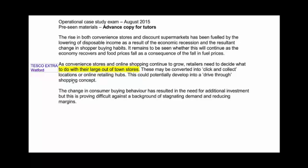Here they've got the idea of converting into click and collect locations. Well, certainly, but if you stop and read that again, I'm not sure that that's the examiner's intention, because the idea of the click and collect is that people would have to drive, but wouldn't want to drive very far. One of the things that the out-of-town stores were losing out on was the fact that people were having to drive there. So, and the development of the drive-through shopping concept, well, this is already in the UK, and